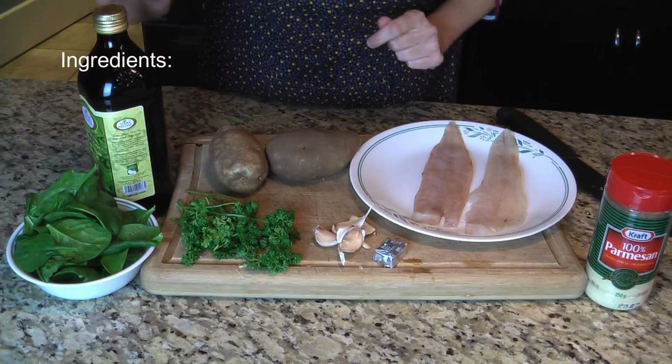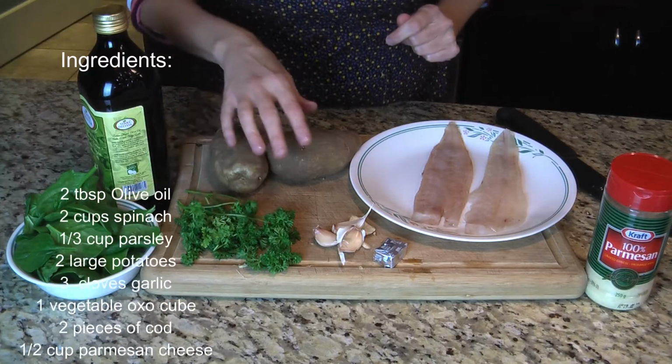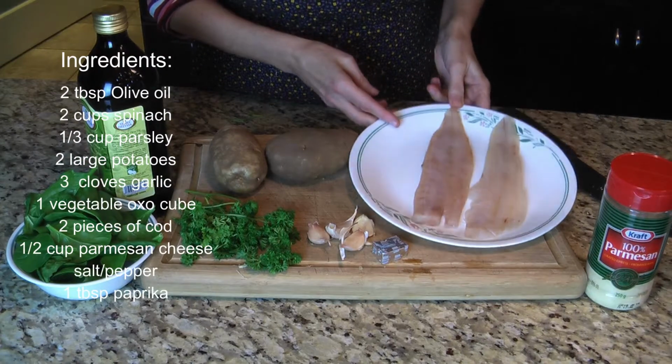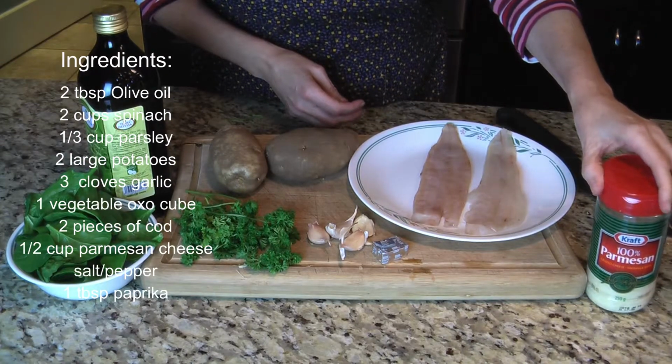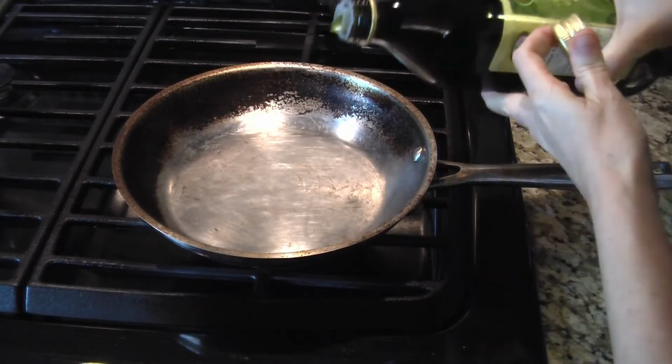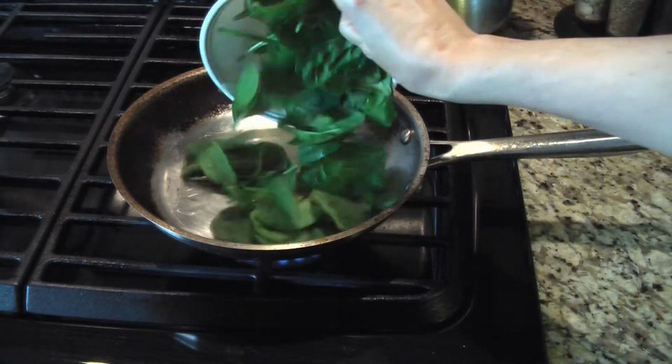So you're going to need olive oil, spinach, parsley, potatoes, garlic cloves, vegetable cube, 2 pieces of cod, and Parmesan cheese. And paprika. So add some olive oil, fry up your spinach,